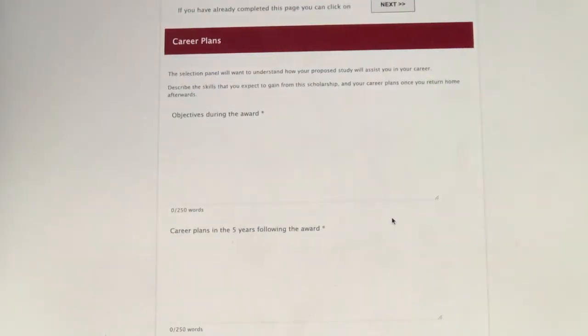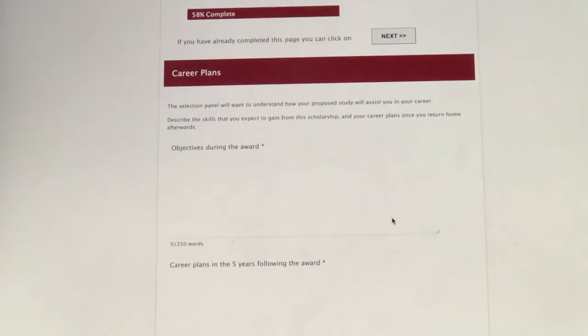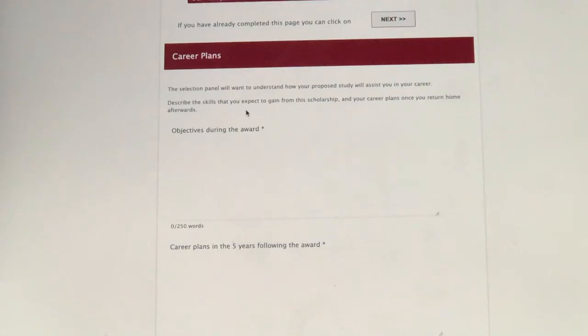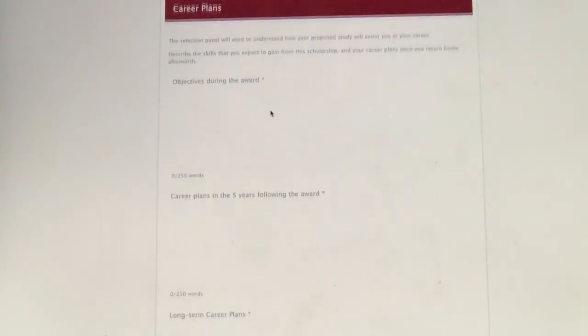Yeah, so career plans. The selection panel will want to understand how your proposed study will assist you in your career. So describe the skills that you expect to gain from this scholarship and your career plans once you return home afterwards. So the first thing for you is to write about the objectives during the award. Like I told you, yes, these essays are connected.